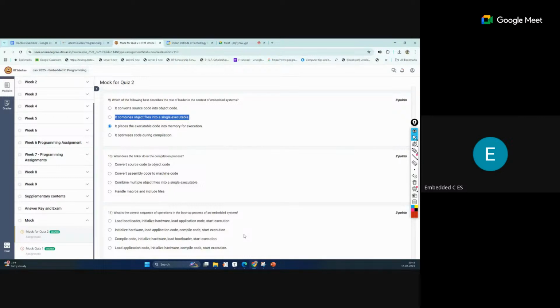Sometimes we also create a project where multiple source files are combined into one. All of these are linked by the linker into one single executable file. That is the task of the linker. The third option is the same: combine multiple object files into a single executable file. That is the task of the linker.